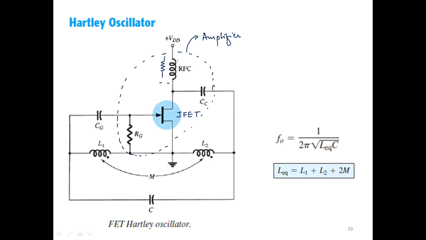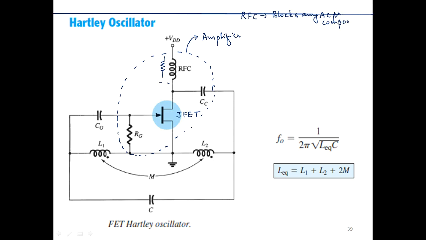The purpose of using an inductor here is that the RFC blocks any AC component if present. You can clearly observe that at the drain side, by the way, this is drain, gate, and the source of this particular JFET,